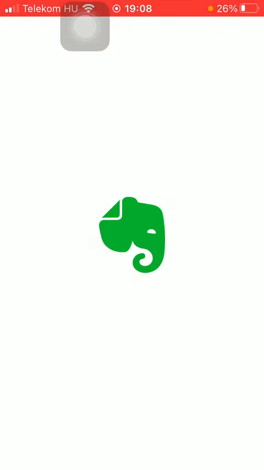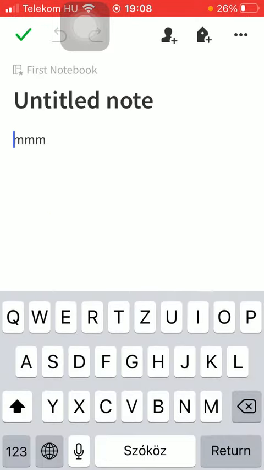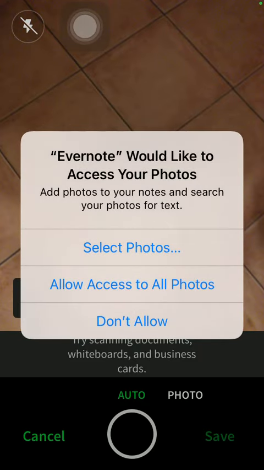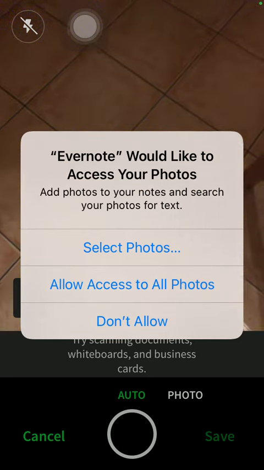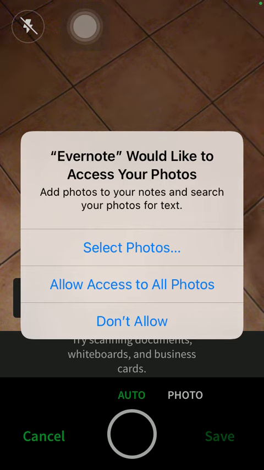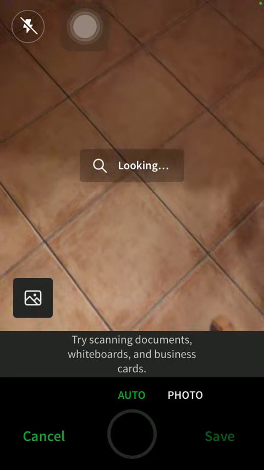So by going back to the application, you will be able to add a picture to your notes. So just simply click on the edit button and then again on the camera image, and now you either allow Evernote to access your photos, therefore you can choose a picture from your gallery, or you can also take a picture